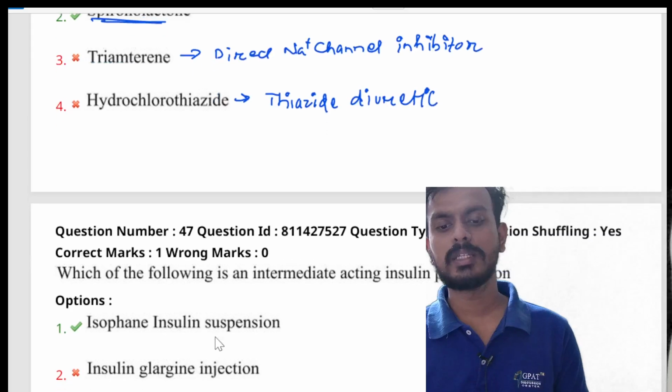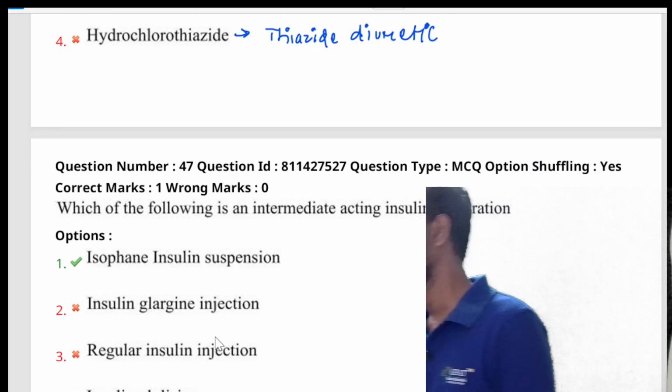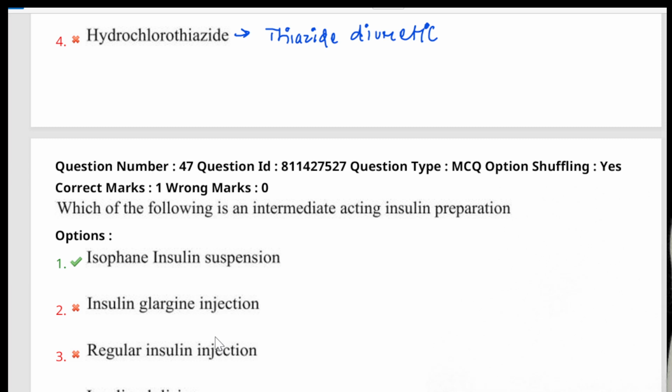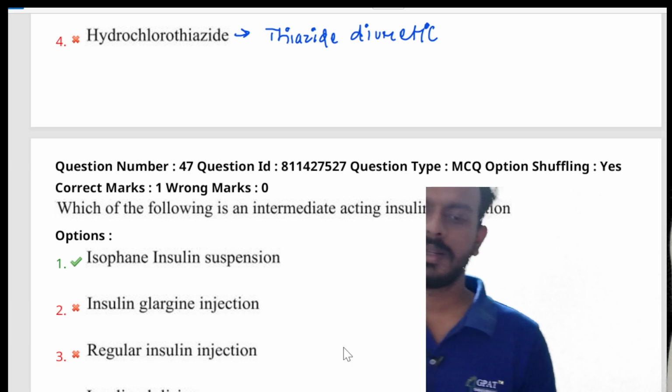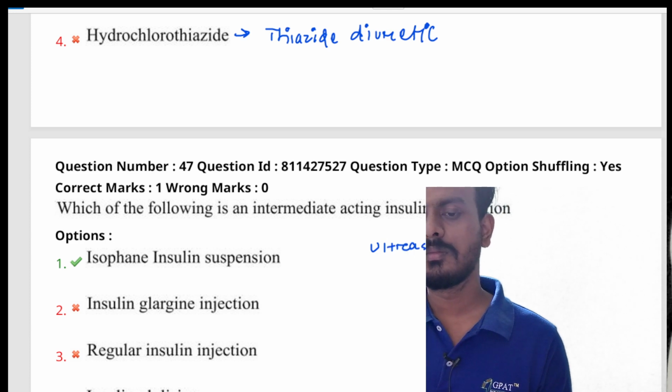Okay, so next question: which of the following is an intermediate acting insulin preparation? So this is asking which of the following is basically an intermediate acting insulin preparation. The insulin classification is divided into several classes. One is your ultra short acting. You can remember three names,